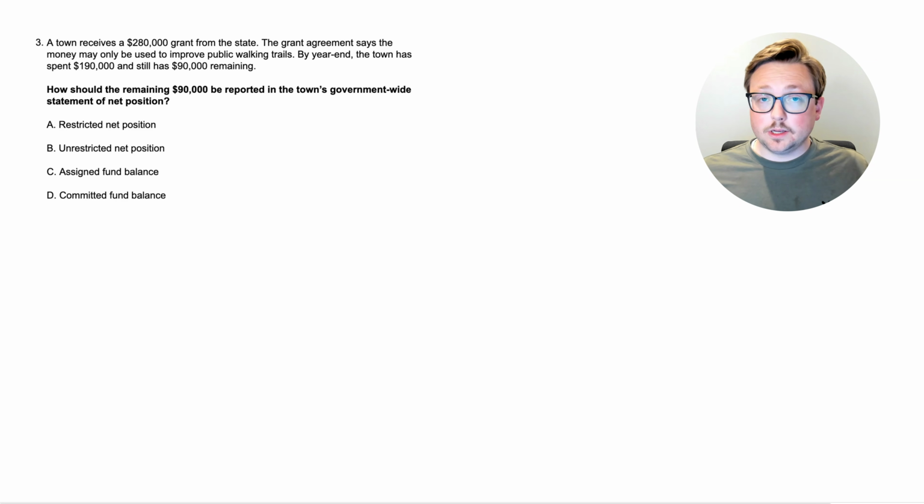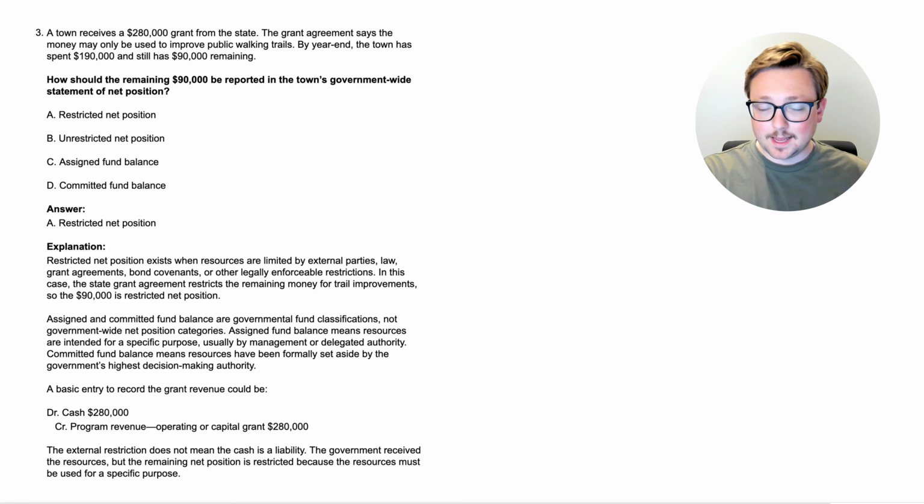Now, we haven't really talked about all the pieces of net position yet, so we don't know if it's restricted, unrestricted, assigned, or committed. But if you have any idea, that's great. You can give this a guess. But let's go ahead and dive into the explanation, if you're not going to pause it, so that we can learn about the next piece of net position. Okay, here we are. The answer is A, it would be restricted net position. And you probably could have